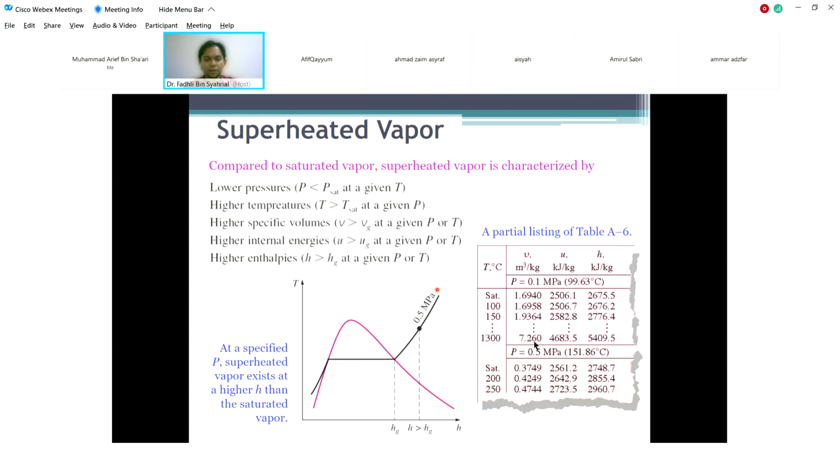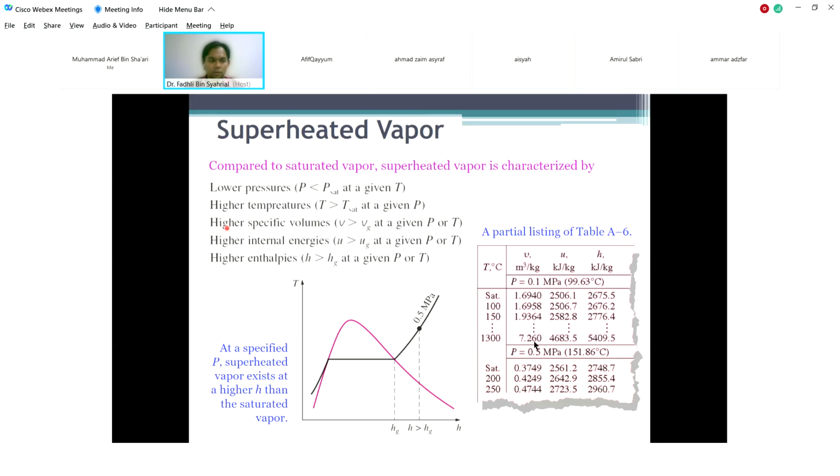In this case, a pressure P is given. If you draw a vertical line to here, this is VG. But in this case they write H. As I said just now, the symbol can be changed from V to U to H. So draw a vertical line. This is VG, and from this point, draw a vertical line. This is V, the specific volume of this point.